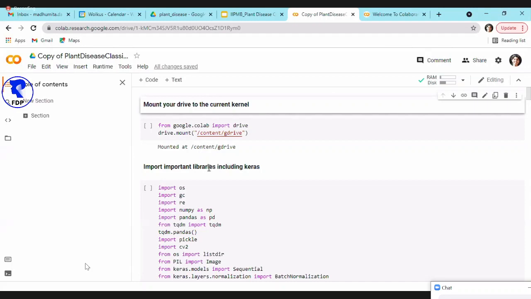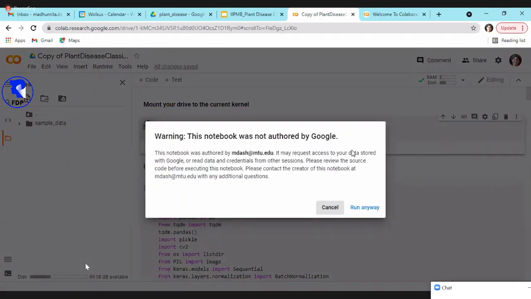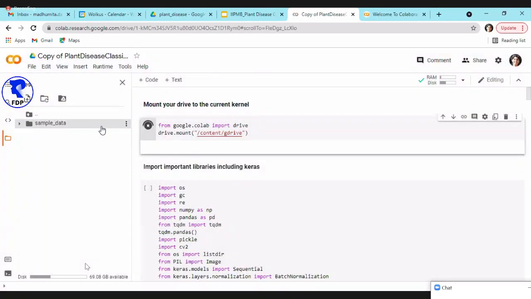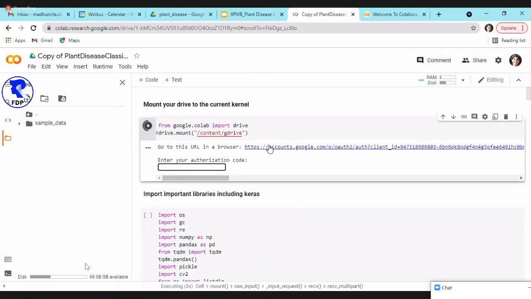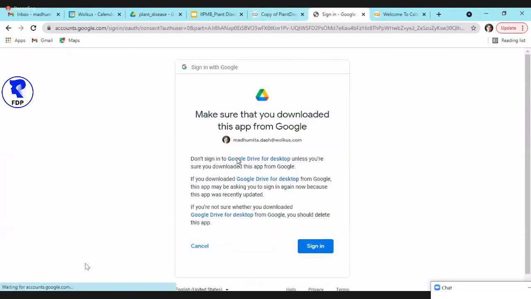Let's start loading the data. To load the data, this is the code, where I am just importing the drive here. There is a file section here. They have provided some sample data on which you can practice your machine learning or Python coding. But we want to use the data that I have provided. So run this code. Run anyway. And it will ask you to go to this URL, sign in using the account which you are using in the Colab also.